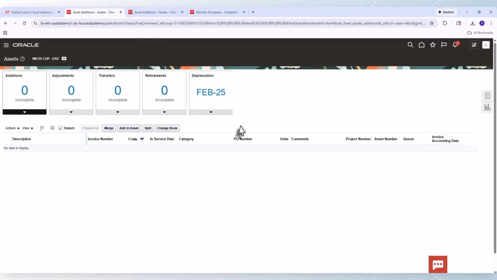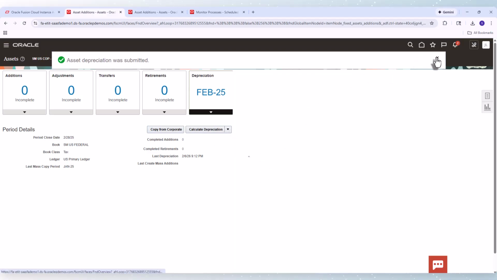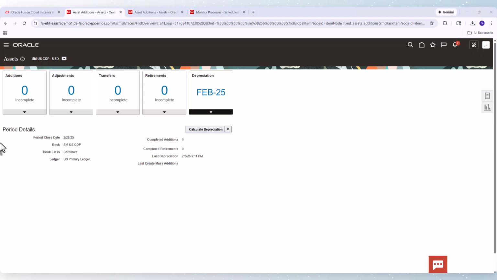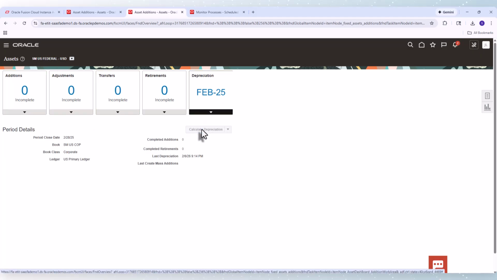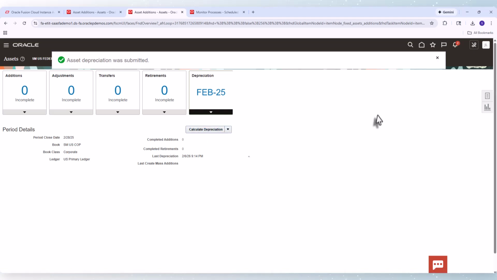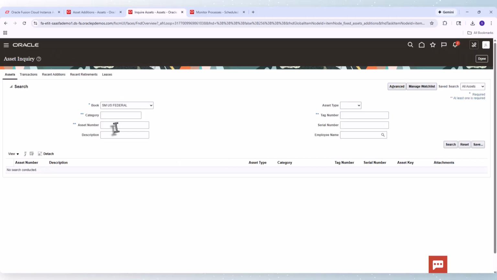Now let us run the depreciation for Feb period as well. In the corporate book, click on calculate depreciation. Similarly, in another tab, let us run the depreciation for tax book. Select the tax book, click on the infolet, click on calculate depreciation. Now we will query the asset and see that depreciation got populated. Click on inquire assets, query the asset number 301, click on search,